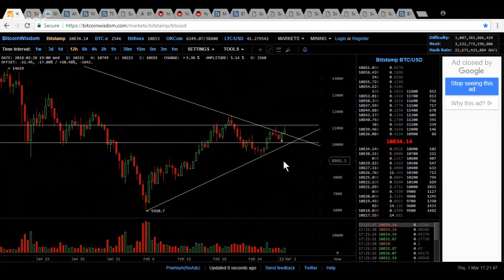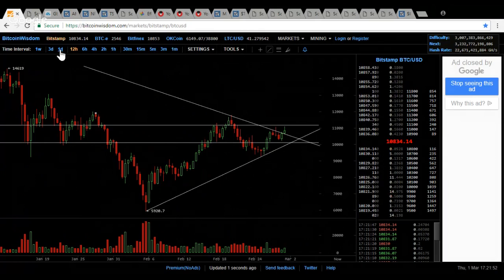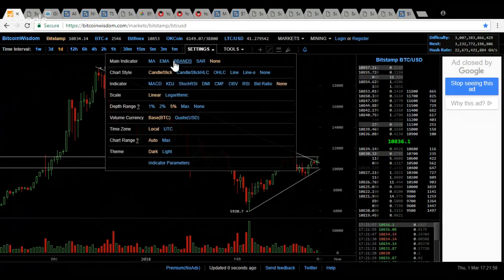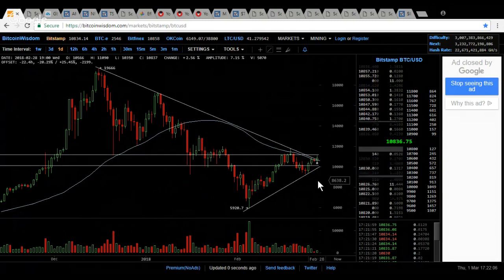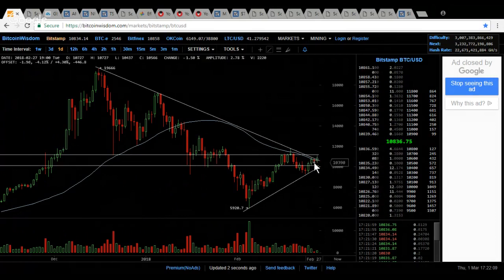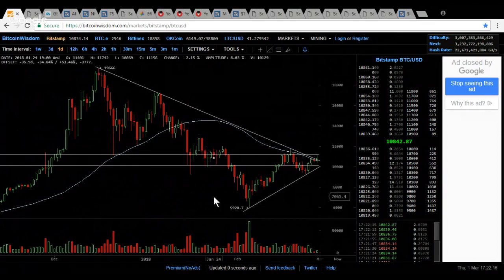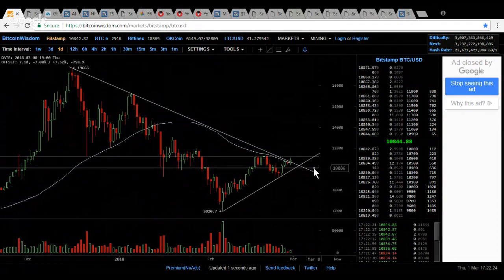We are building steam. We cut through the 50-day moving average earlier today, right here, this blue line. We finally got above it. We need to close above it on a daily basis, but slowly we are eating our way through a lot of overhead resistance. I will not be satisfied that we are out of the woods until we close above 10,100,